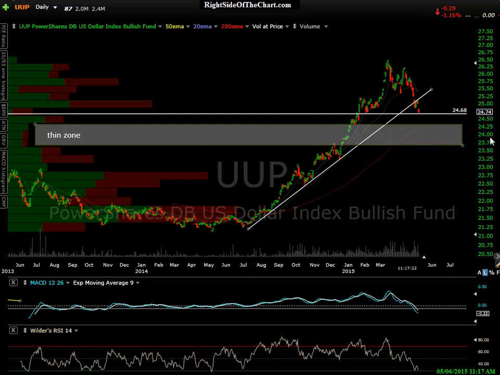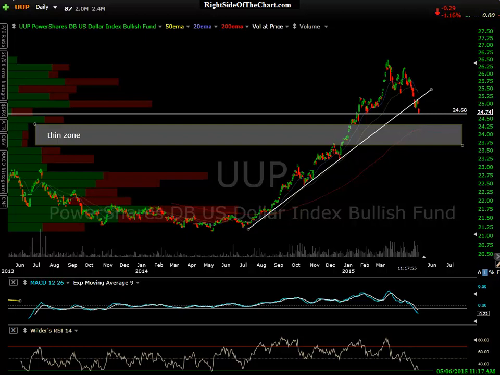If that does give way, the next support level, if you've noted down here, I've marked this thin zone. The thin zone is where, as the volume of price histogram shows, very few trades occurred there. Thin zones work in effect a lot like a gap. A gap, you wouldn't have any volume if this was a gap, because the price would have closed here and then opened up here. But it's the same net effect. Very few trades occurred at that point. And just like gaps, thin zones often act as support when retested from above.